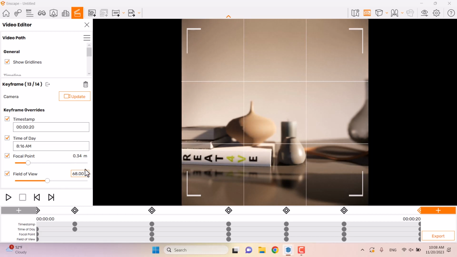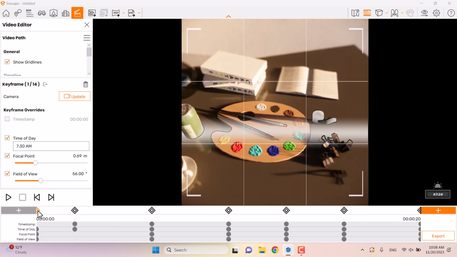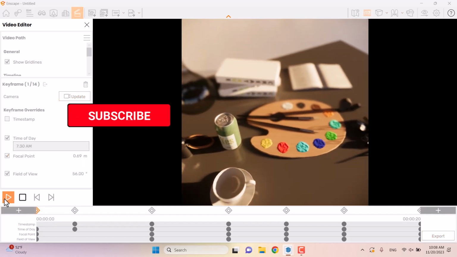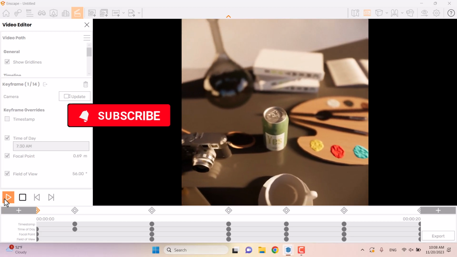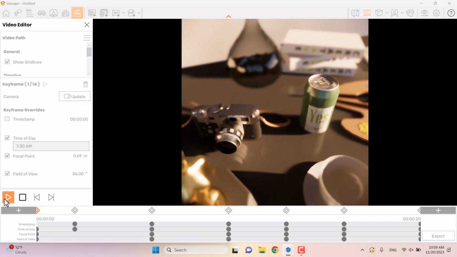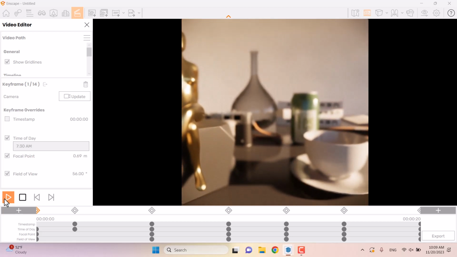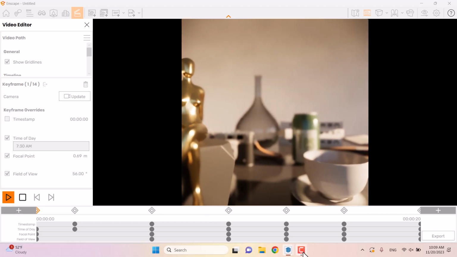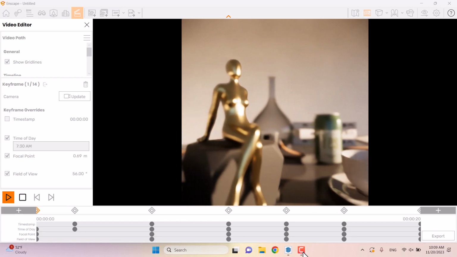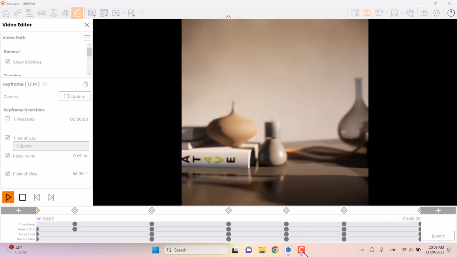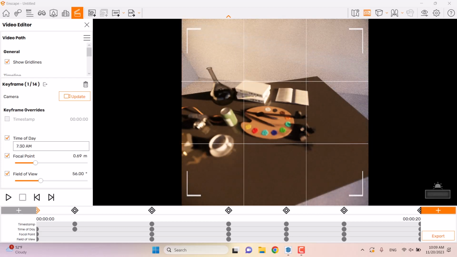So I will click on the update, click on my first keyframe in here, and click on play. As you can see your preview of the animation, very simple and easy, and it's really good, I think. So you can create simple animations like that, very simple and easy in Enscape only within a few clicks. But we have some visual effects for this animation, so I'm going to click on the visual setting